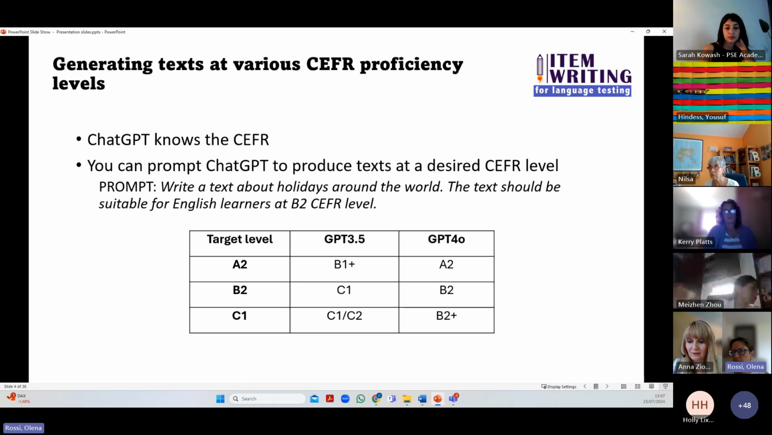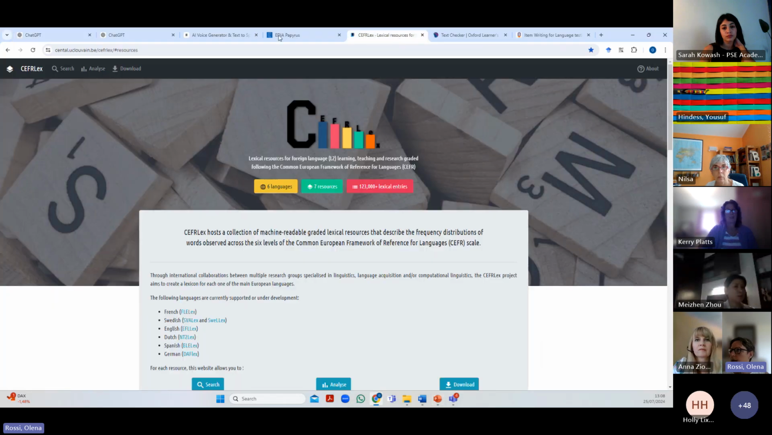Yeah, talking about defining the CFR level of the text. What I was using is called